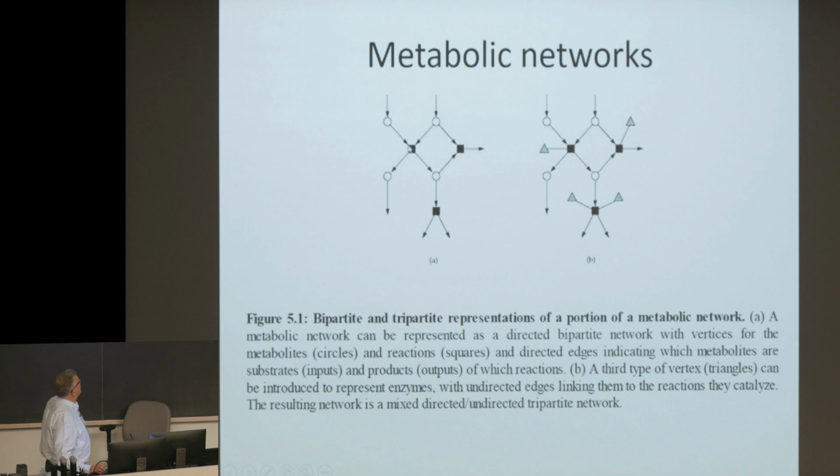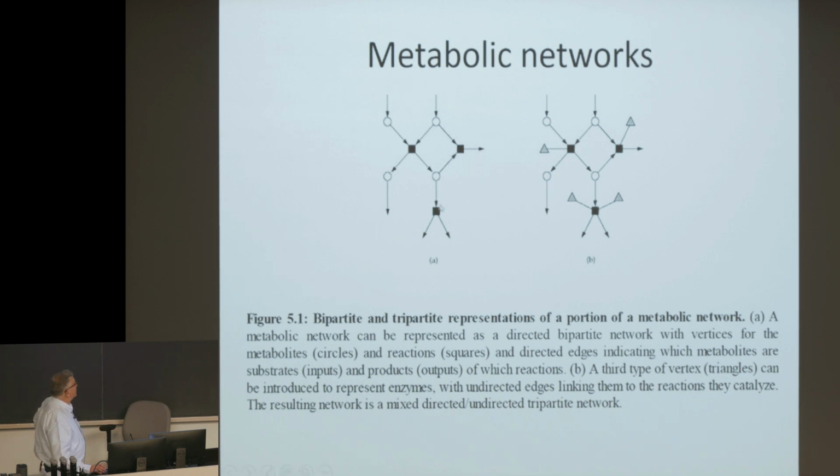So for example, two molecules react, and they produce two other molecules which then go down along this metabolic pathway to participate in other reactions. And again, this is a bipartite network of different chemical reactions and different metabolites. And this is, in particular, a directed network, because, for example, the example of actors and movies is